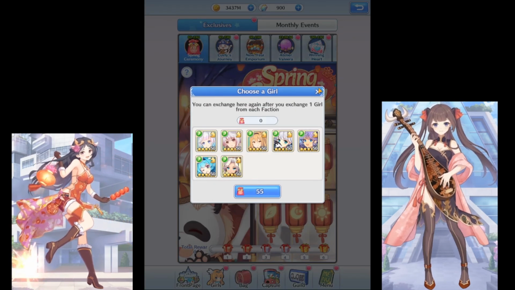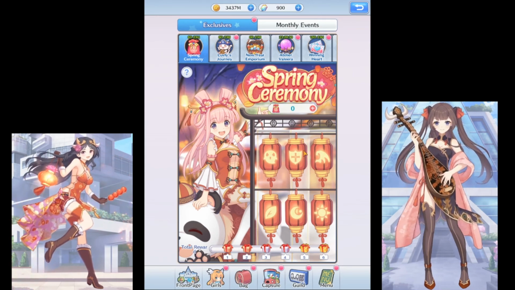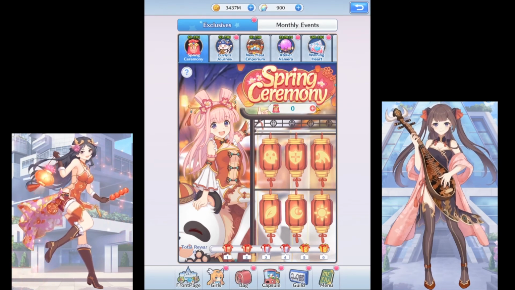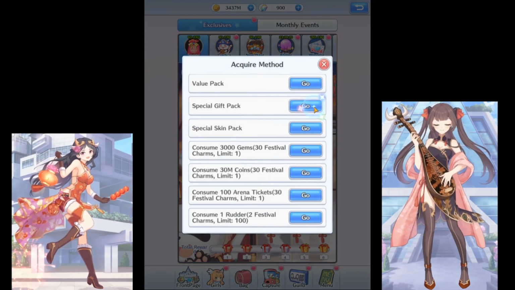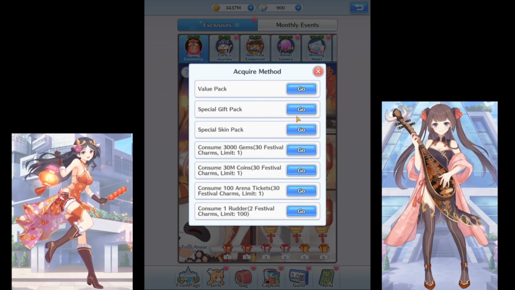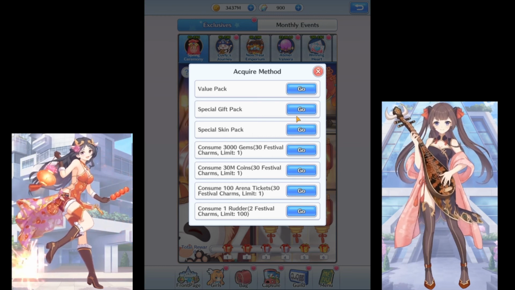And Yuki has set it up quite nicely for us because we don't actually have to spend a lot for this event, and we get a free umbrella. So I'll explain. We need to be collecting these charms for this event. The way to get them? Listed here. Some of them are easy, just going about your day, spending 3,000 gems, spending 30 million gold coins,